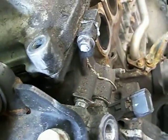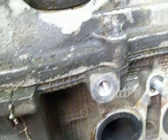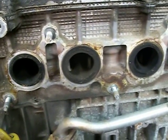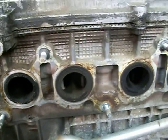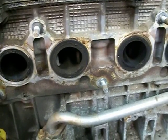So anyhow, this is a 2003 Toyota Camry, probably about 250,000 miles on it, and I'm just trying to get it going again. Like I said, it was starting to run real bad, and I thought for sure there were valves hitting pistons. So I'm going to start out with trying, whenever the fuel injectors show up, we'll slap them in there, and if it cures what ails it, then